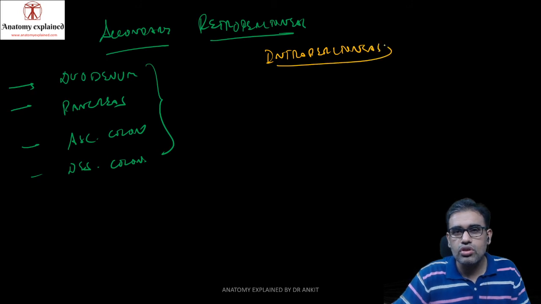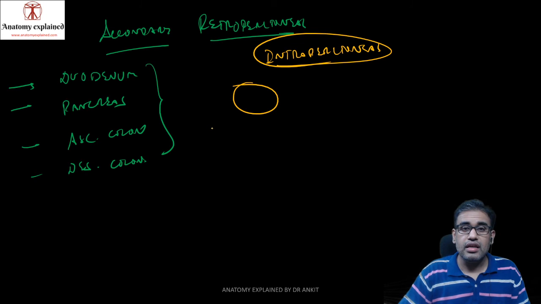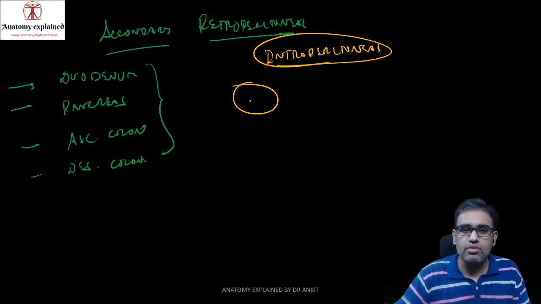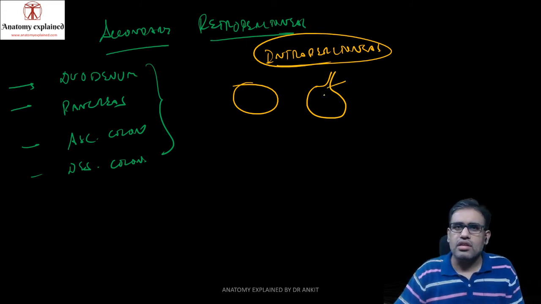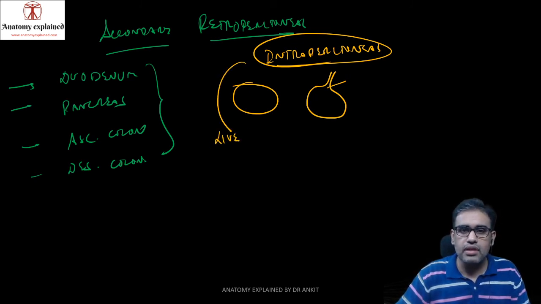So they are those organs which are completely surrounded by the peritoneum. Exactly, not completely, because at one side you also need a place for it to develop mesentery. So not completely, but yes, roughly around 99% surrounded by peritoneum. Okay, so these are intraperitoneal organs. Examples of these are simple.